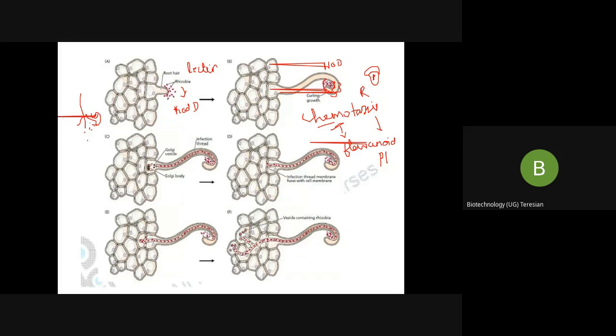Now what happens? Your rhizobium has been enclosed in your root hair. The root hair has degraded its cell wall so that your rhizobium can have access to the plasma membrane. Where is your rhizobium? It has got access into the plasma membrane. So it forms an invagination and then they enclose and diffuse along with the Golgi bodies of the plant. Now they start forming the infection thread, because your rhizobium is here. This is the infection thread. See, they have all entered now, and it has resulted in the infection thread.